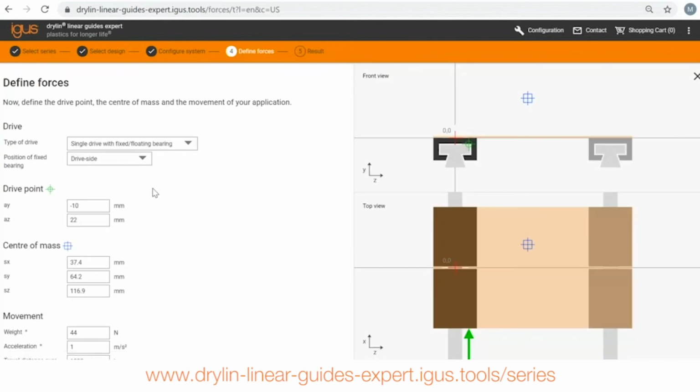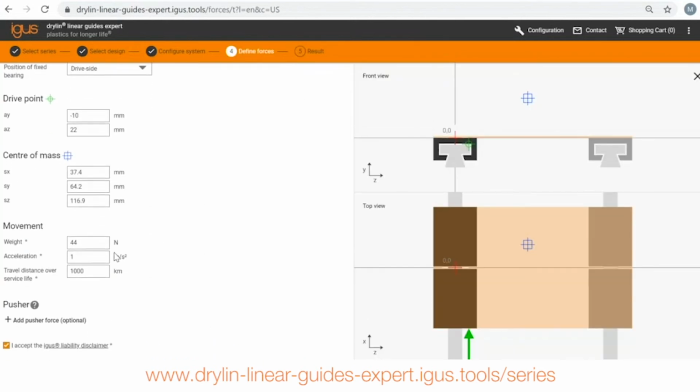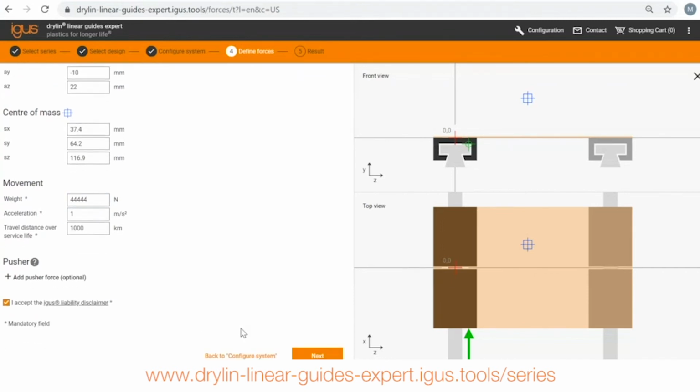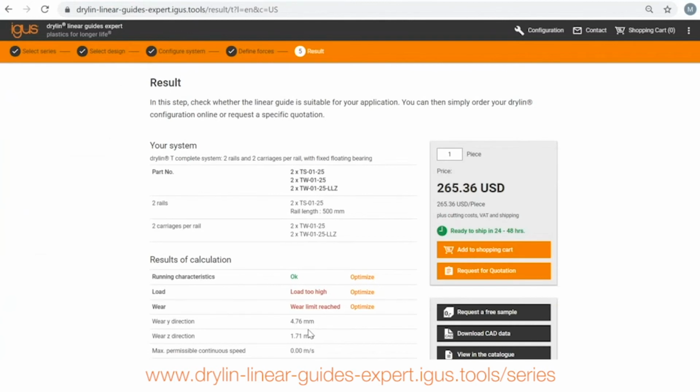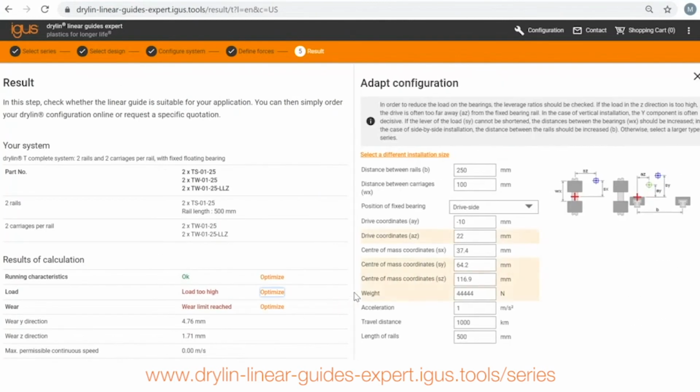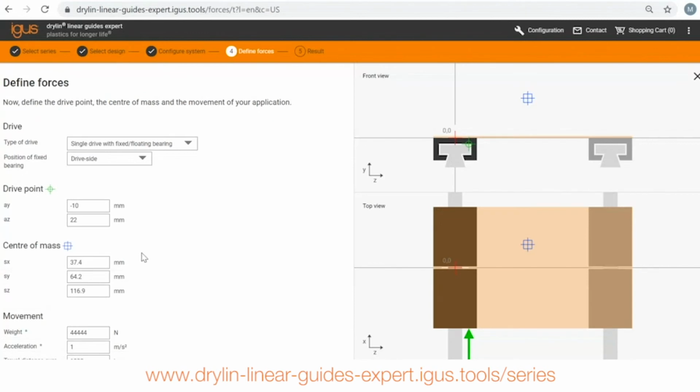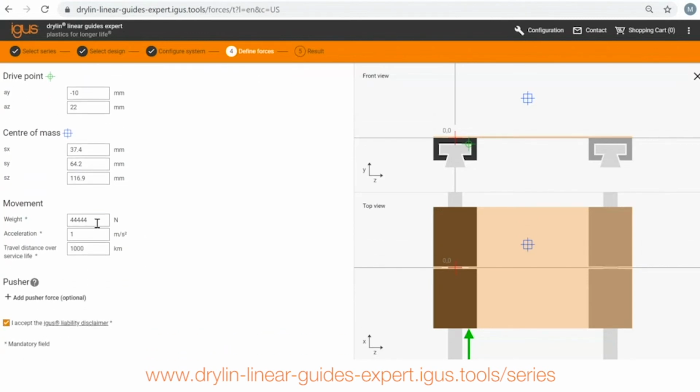I want to show you what it looks like if a part does not work with a very, very high load, so you get a feeling for that. So let's put in a really high load, and here you'll see that the load's too high and the wear limit's reached. You can click on the optimize buttons, which will give you information on potential solutions. In this case, I know what the problem is, so I'm going to go back and put in the original load, 44 newtons,